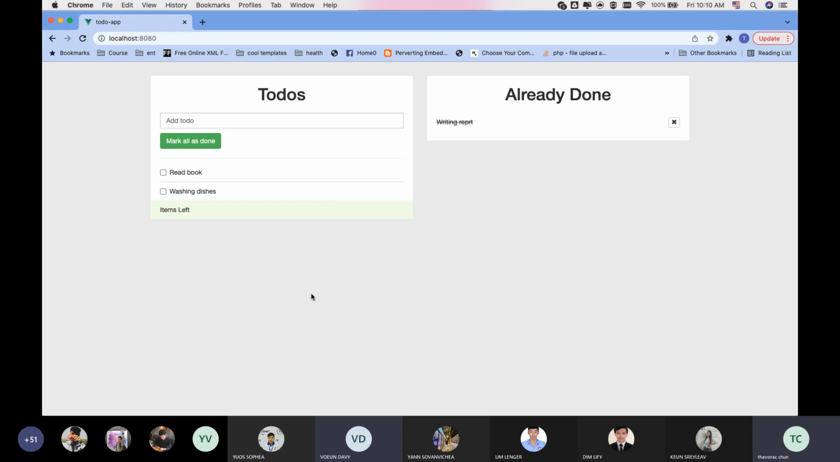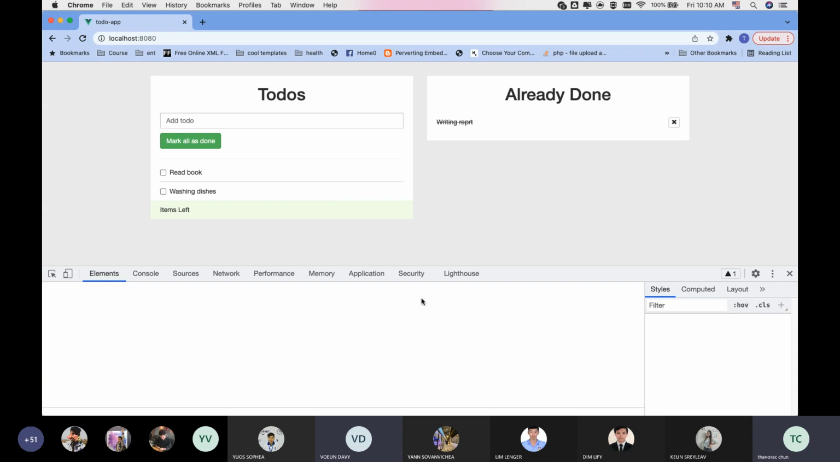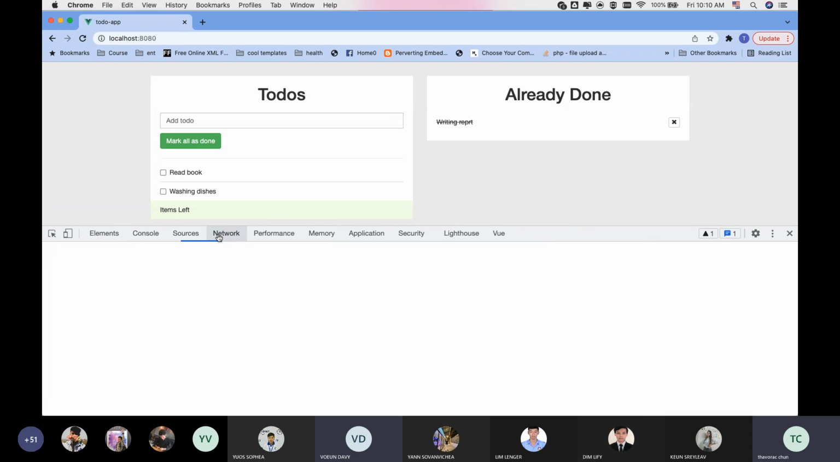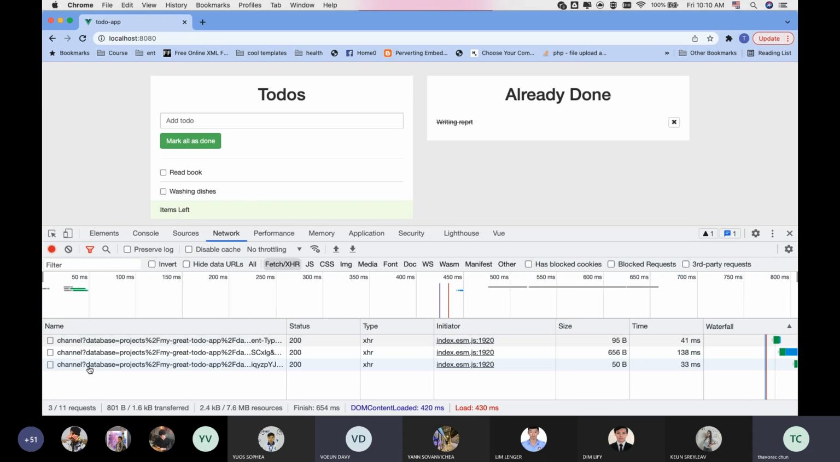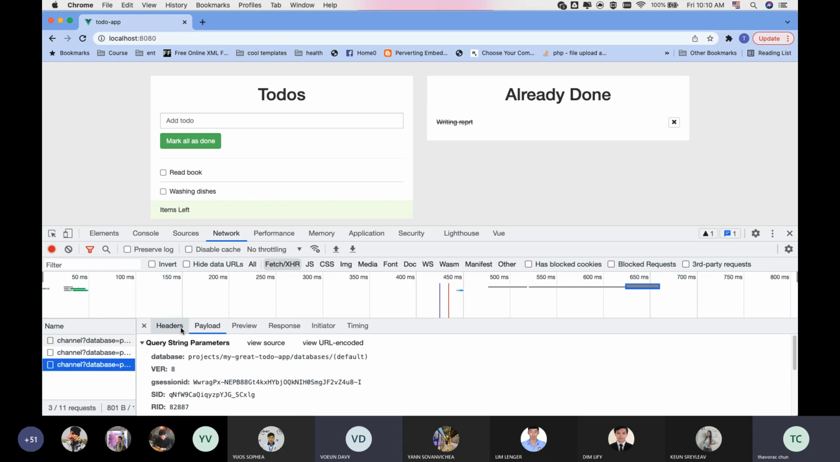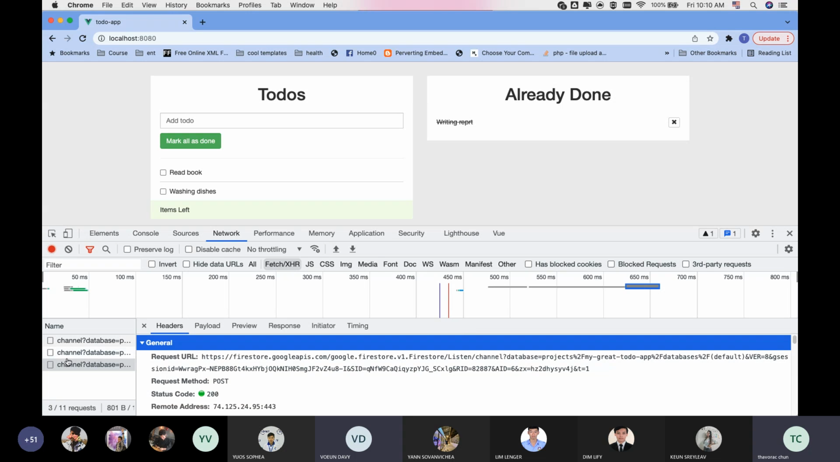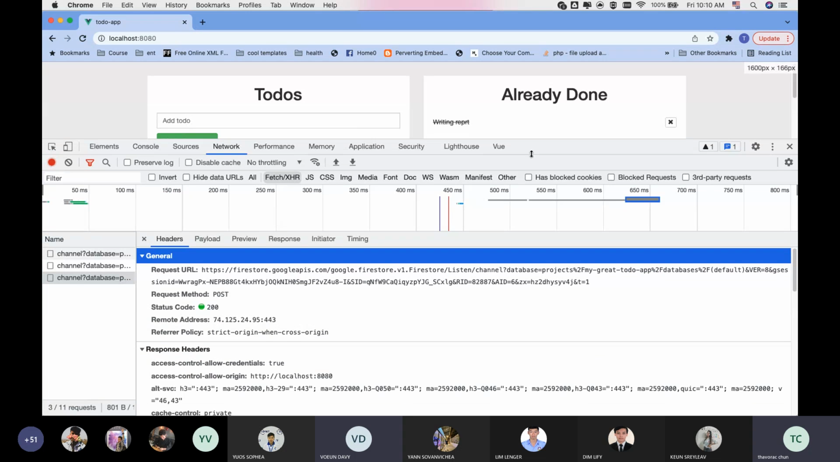Okay, so this is what we have. If we do the inspect, we check the network again, we refresh it. See, there is a call in what you see here. What you see here, we call it a request. And in this request, we are making to the file